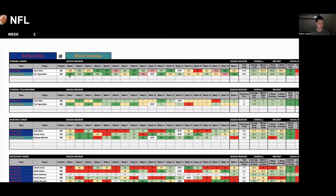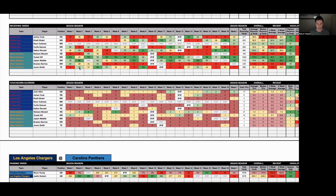And then if we come back up to the top, the main thing I wanted to talk about here was the touchdown scorers, because that applies directly, similar to the try scorers in the NRL. We've got the touchdown scorers section, and every player on the offense for the upcoming game. There are certain players who can score a touchdown that aren't one of the main 5 or 6 players on an offense for a side. However, I do just tend to focus on those main players and not take the chance, because these are the players that play the most offensive snaps for that team. I don't really want to be putting bets on players who may only come on for 2, 3, 4, 5